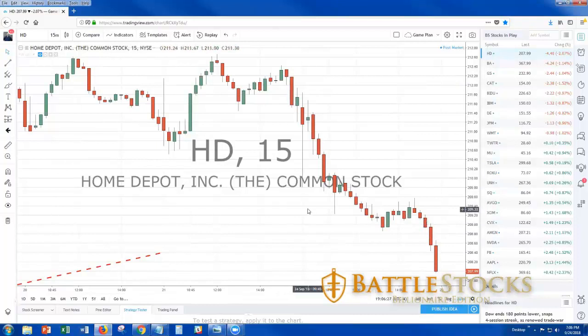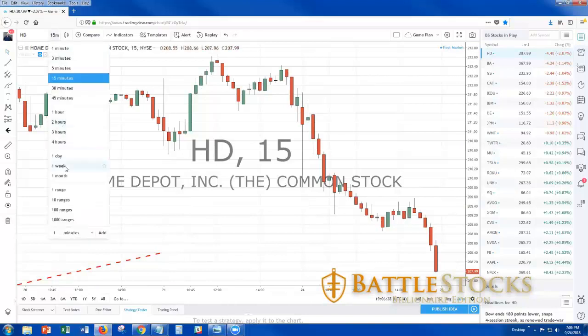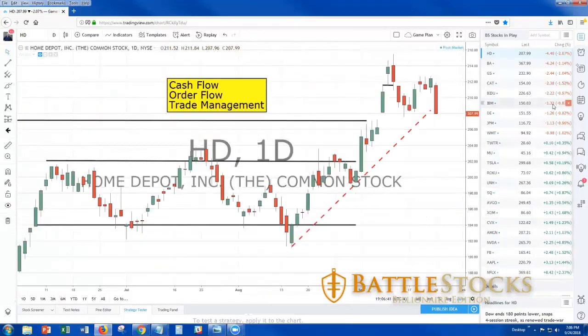Now, granted, today it was a monster, awesome down day, an awesome bearish day for cash flow. And I'm gonna really drill this home before we start to get into looking at the actual charts and looking at the top 25 here. If Home Depot traded above the opening price and the stock was well bid, meaning higher highs and higher lows in the direction of the longer term order flow, those are order flow trades, and the trade management is hold those trades longer, build positions, and generally speaking, unless the whole world changes while you're in the positions,